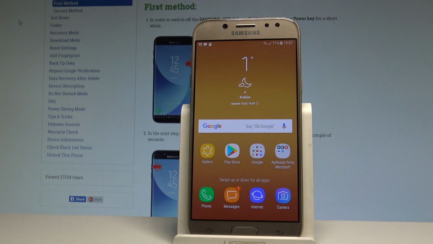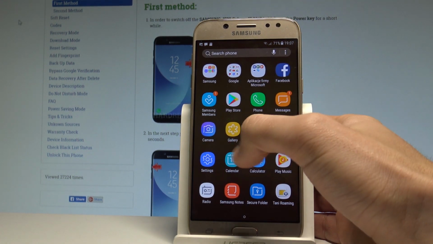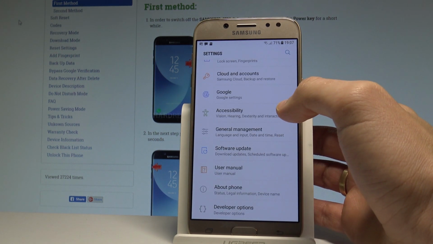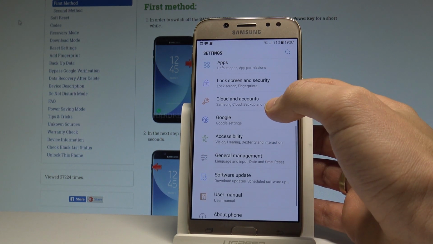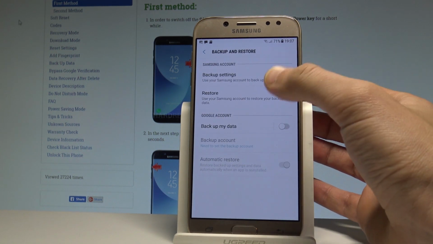Here I have Samsung Galaxy J5 2017 and let me show you how to enable the backup feature on the following device. So at the very beginning, let's start by using your home screen. Then let's open the list of all applications right here, find and select the settings. Let's scroll down and here let's choose the cloud and accounts right here, choose backup and restore, and here let's